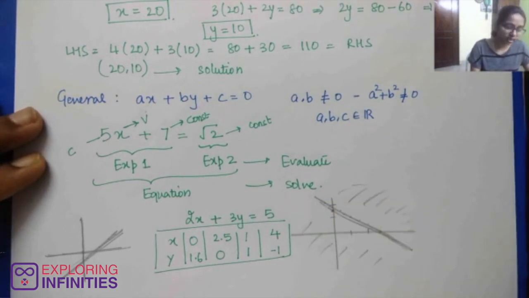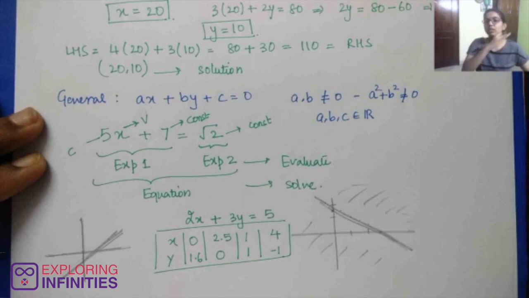In this case we can say that 1 comma 1 is a solution to our linear equation, but 1 comma 7 is not a solution to our linear equation. Why? Because 1 comma 7 is clearly out of this line. It will be somewhere above, but it's clearly out of my line. So we can say that solutions are the points that satisfy the equation, which lie on the line only.